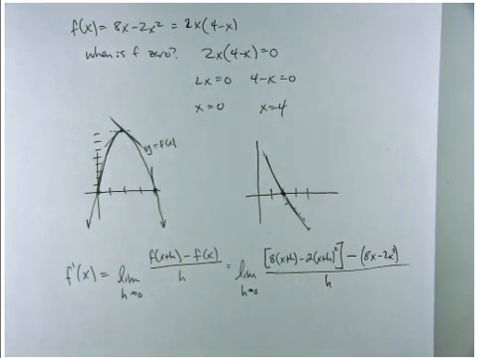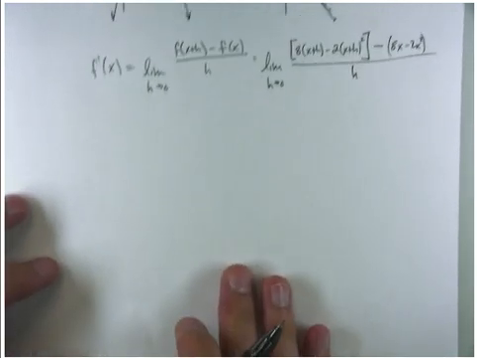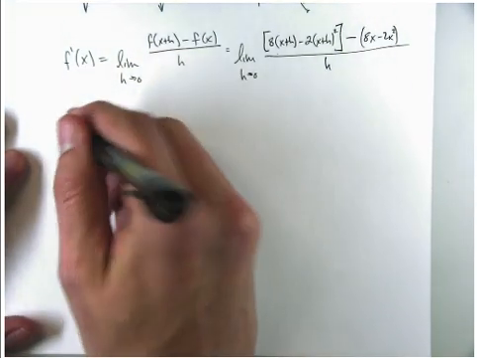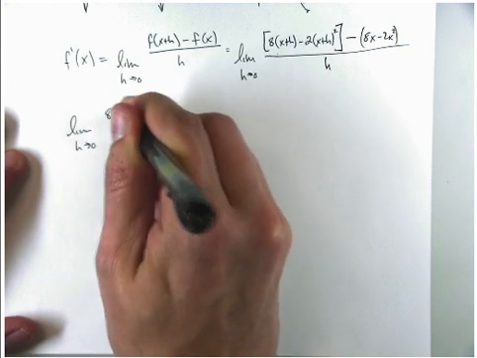Now that is a big mess in the numerator. But I'm hoping that as I FOIL everything out, distribute all of my constants, as I try to simplify that expression, I'm hoping that it gets simpler. Let's see if that happens or not. And I can distribute that 8. So that's 8x plus 8h